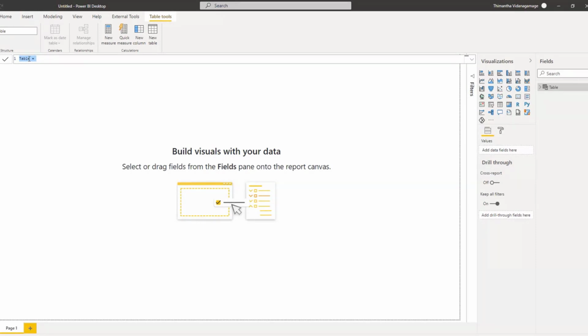But I personally feel that the simplest way to create this dimension table is with the use of DAX as a calculated table. So I'll be doing that. First thing is for the table, you just need to provide the name of your dimension. So I will